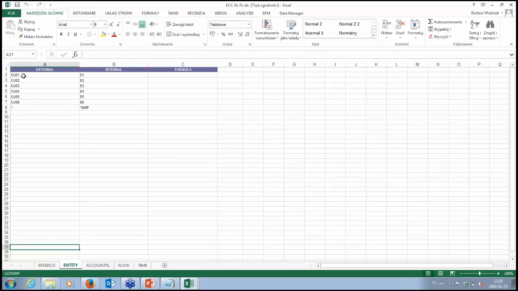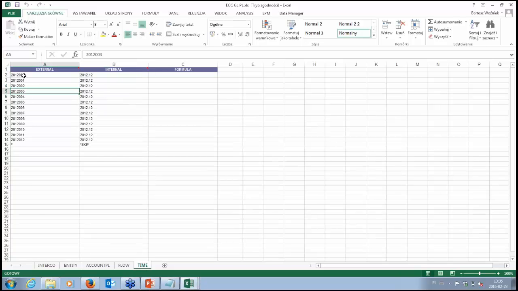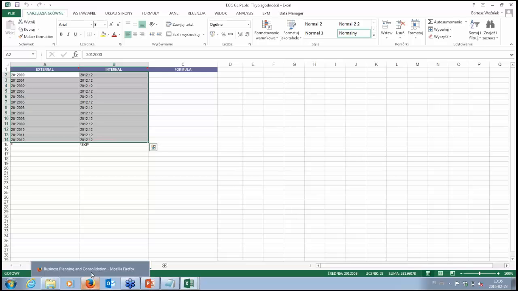If you have a different encoding for entity in your system, and we have a different one for our internal BPC reasons, we can also use the description. And sometimes it may be useful to convert the time dimension format. So this is used in the step which I will conduct now.